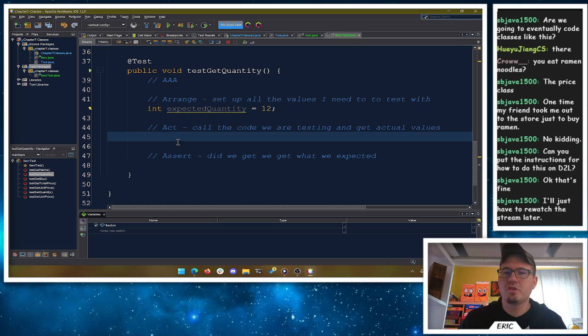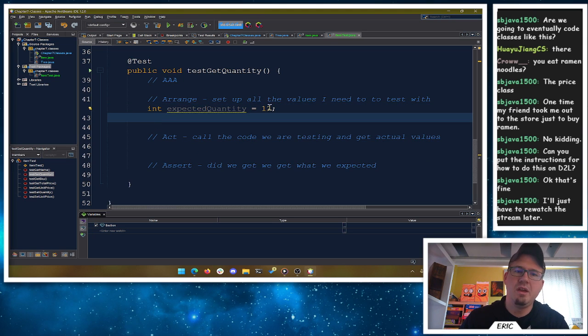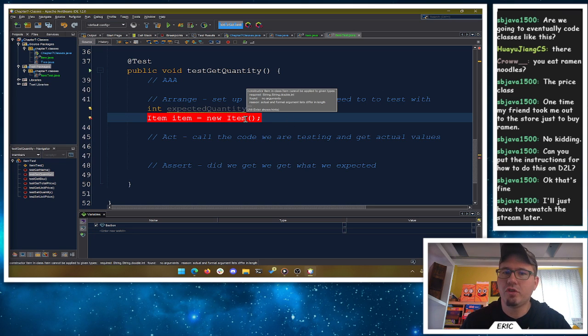Okay, then we're actually going to call the code we're testing. Now, the other thing we need if we're going to test here is I need an item. So I need an item. Item equals new item. Now, item doesn't have a default constructor, right? It says constructor item in class item cannot be applied to given types. Required string double int. Found no arguments. We have to call the constructor.